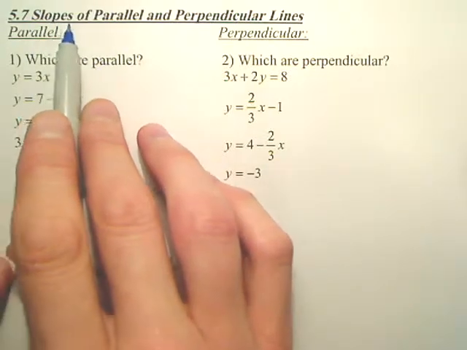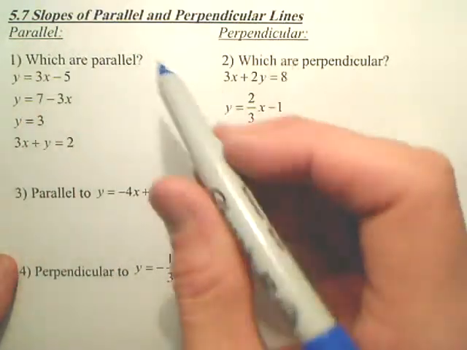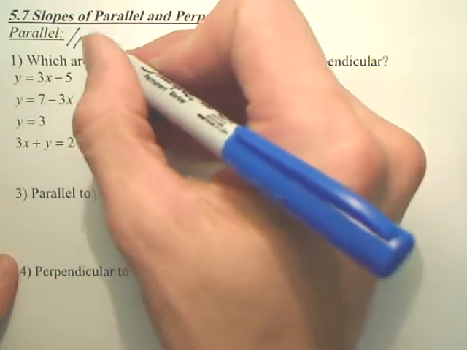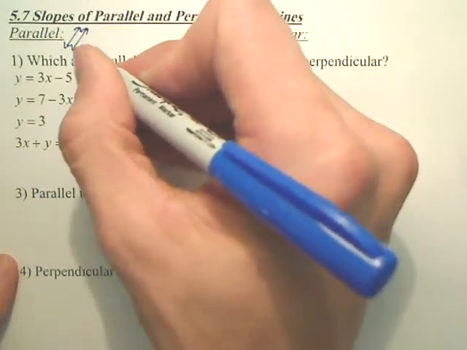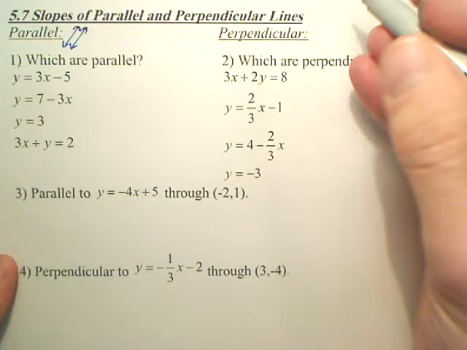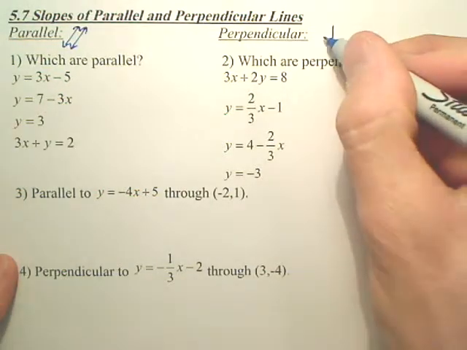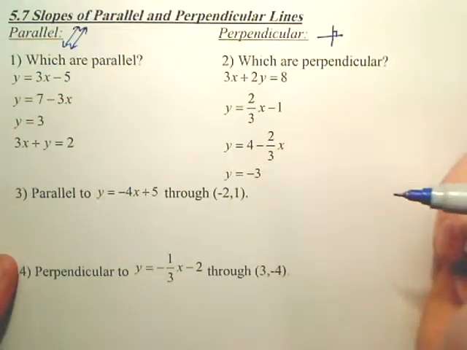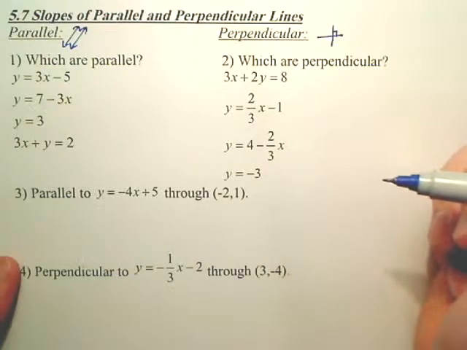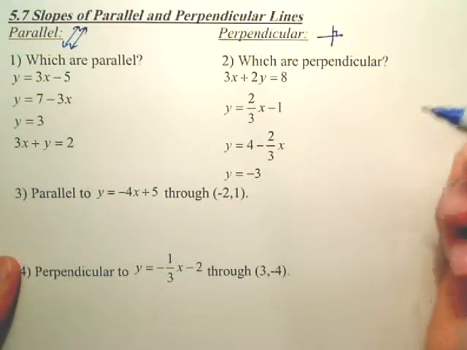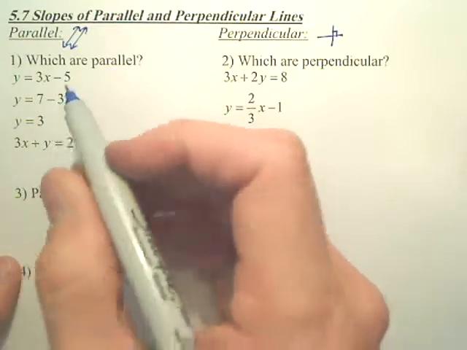Class, slopes of parallel and perpendicular lines. Hopefully you know parallel lines look like this. Hopefully you know perpendicular lines have a 90-degree angle. Now, slopes of parallel lines,